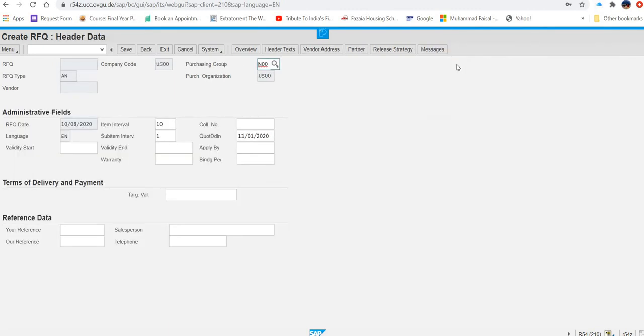So you will see that header data. And then what they are asking, enter RFQ1 and then your GBI number as call number. So where is this RFQ number?